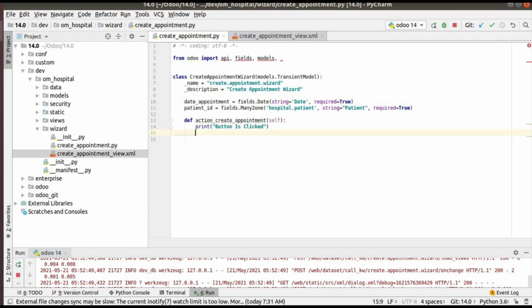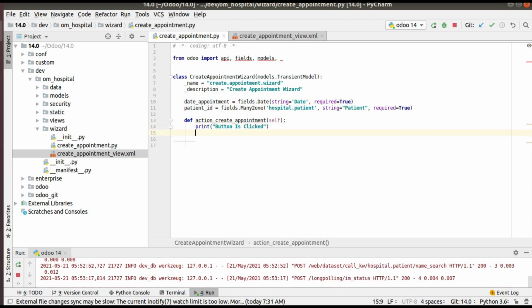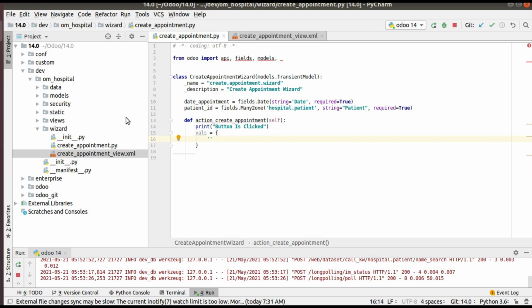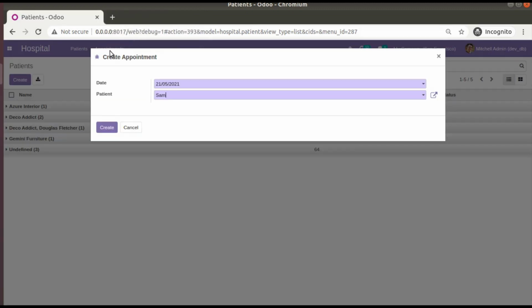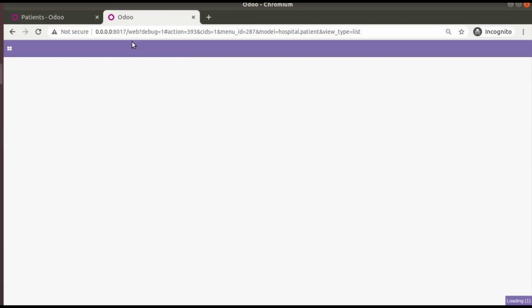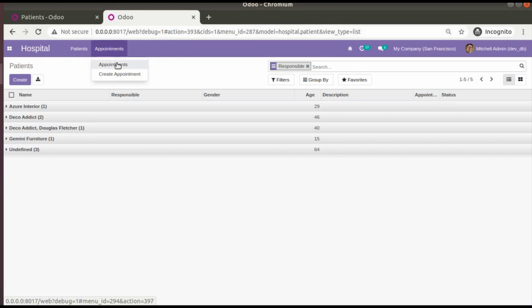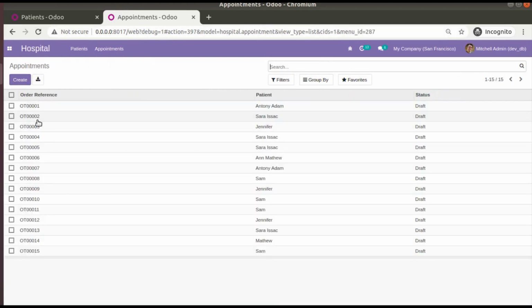So what I'll be doing, first of all, I'll be creating a dictionary, vals equal to, so in Python I'll just create a dictionary. Instead of opening, I'll go to the UI and try to find the field names. Here I also need to activate debug mode, so I'll duplicate this tab to get debug mode, and if I go to the appointment, I need to get the field names here.